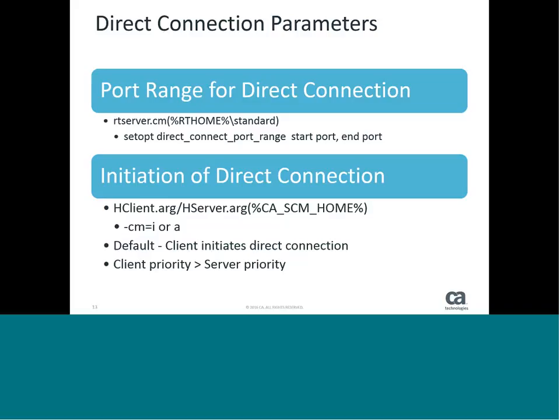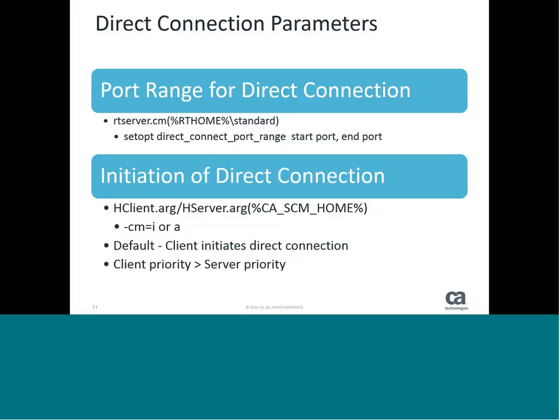We have flexibility: some configuration parameters in Harvest help us control which component will initiate this connection. When some administrators, due to security reasons, want to restrict that only a particular port should be opened at the server end of the direct connection, they can use